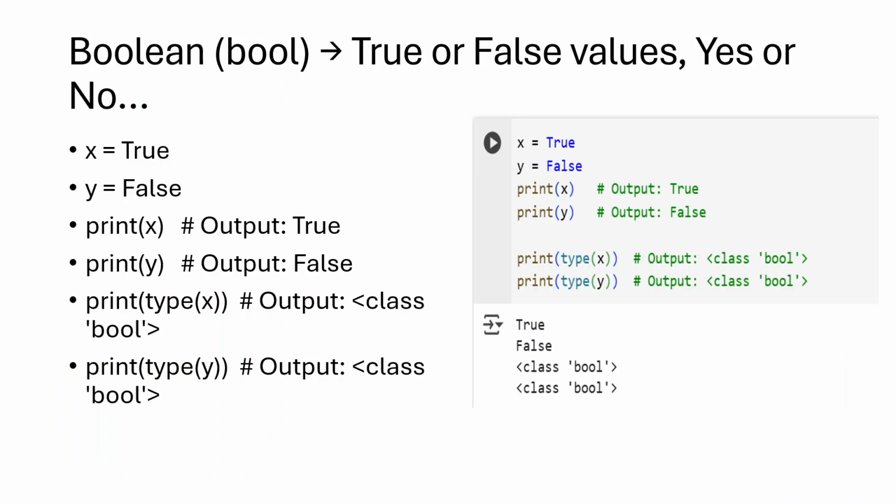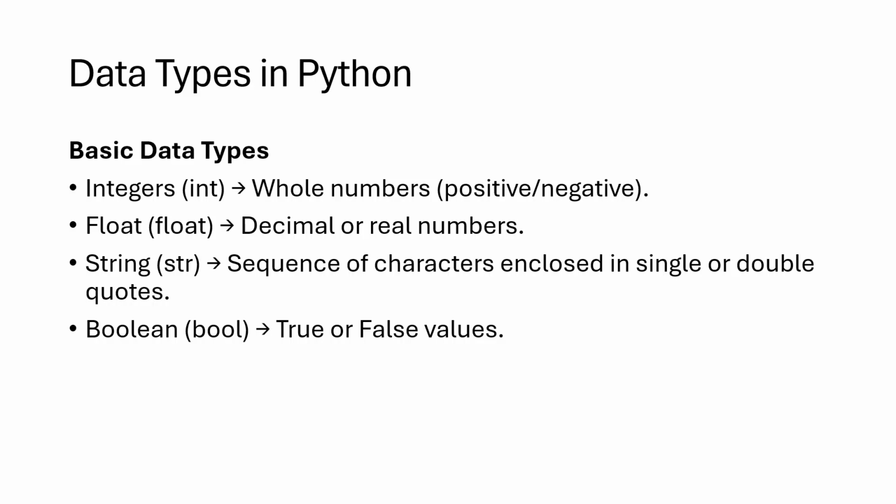So these are our four different types of data. In simple terms, four basic data types. The first one was integer. I would always say any whole number from minus infinity to plus infinity is considered integer data. The second, float data: any decimal data, again from minus to plus infinity, is considered float data.